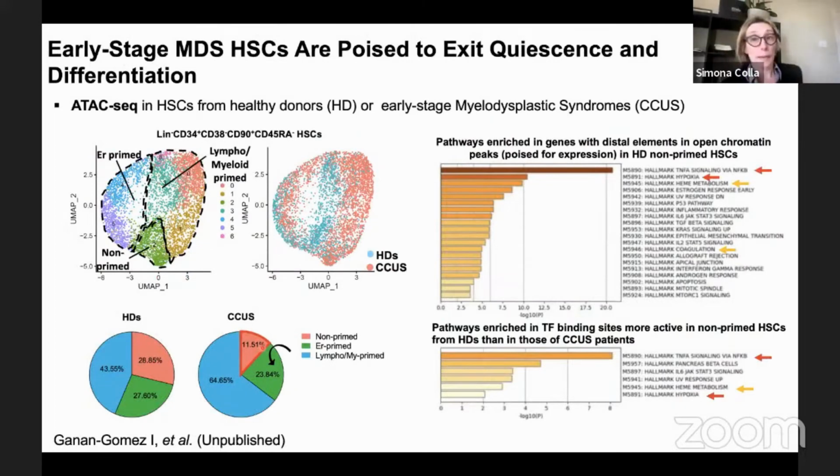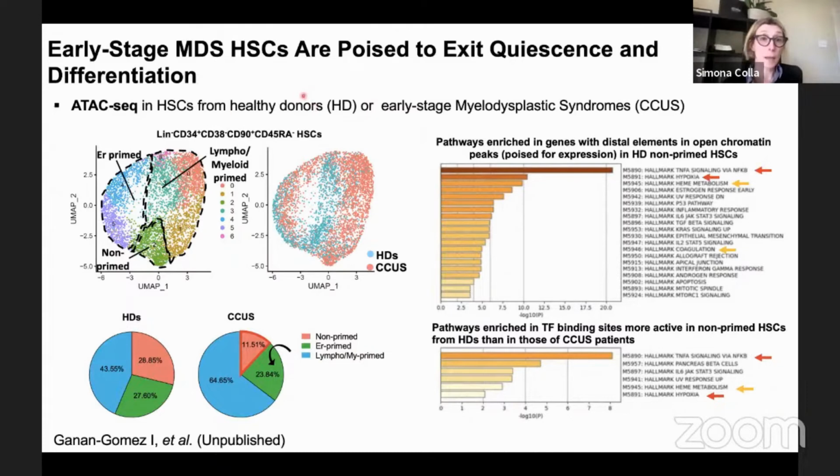Another paper, this is another paper, it is unpublished. We are finishing the paper. We use this technique to perform single cell ATAC-seq in the hematopoietic and progenitor compartment. This is more difficult than single cell RNA sequencing. I will tell you why later on. Here, the goal was to try to identify a pattern or mechanism through which